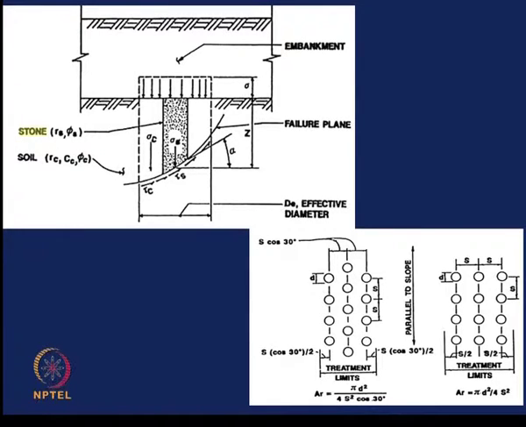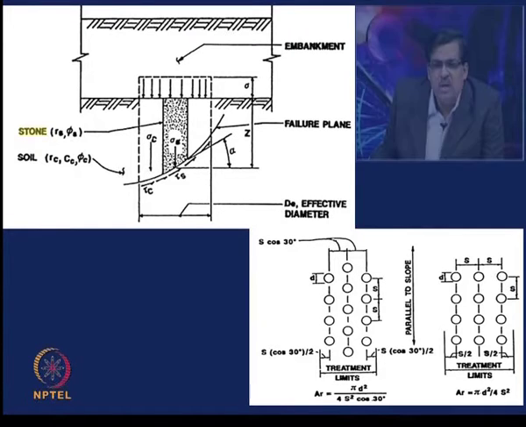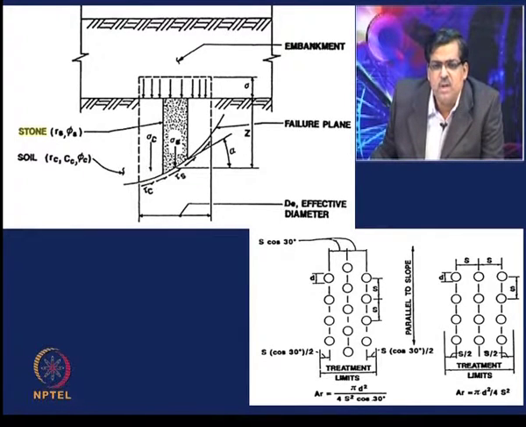This ratio is called the stress concentration, and here there are two methods. One is the average shear strength method, the other is the estimation of the shear strength by involving the stress apportioned by the stone column and the ground. This is the equilateral triangular pattern arrangement shown here, and this is the square arrangement pattern. S is the spacing, and here also S is the spacing, and D is the diameter of the stone column. These are in plan and this is in cross section.